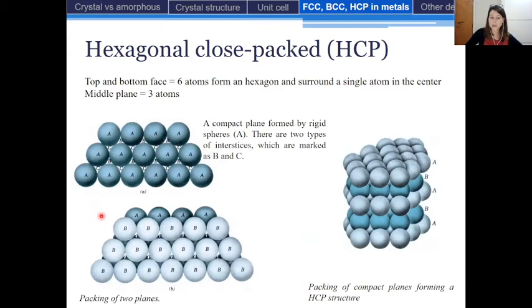And the second plane, the middle plane, is formed by placing the rigid sphere B on the interstices B. Okay, and then the third layer, which is the top layer, composed by the spheres A, are placed in the interstices of this B plane or middle plane, and superposed to the atom of the first layer. Okay, so in that way we have a very packed structure, as we will see by calculating the atomic packing